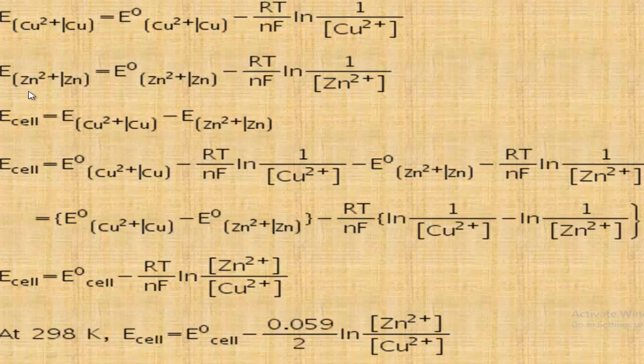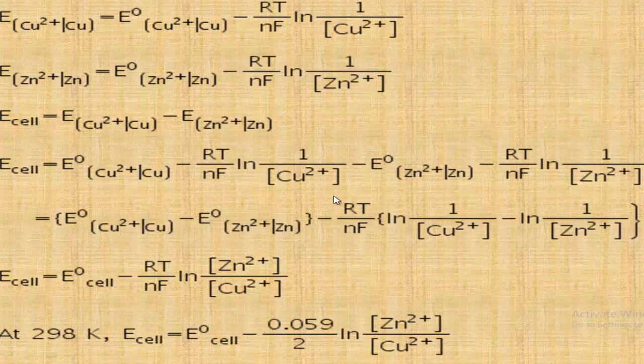And in case of the anode reduction potential, applying the Nernst equation, we can write this way. Now we know that the non-standard state cell potential equals cathode reduction potential minus anode reduction potential. So now putting the value of the cathode reduction potential from here and the anode reduction potential from here, we can write like this. Now follow here, we can just rearrange this line.